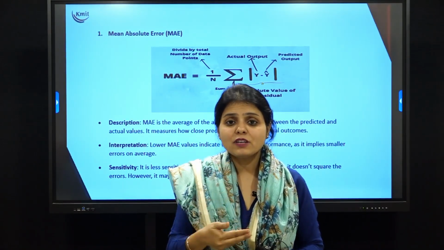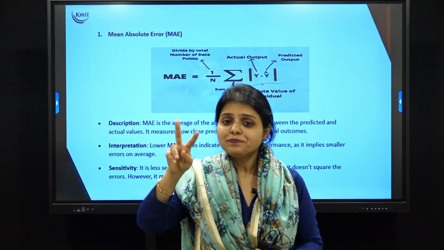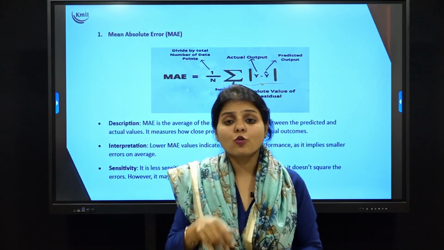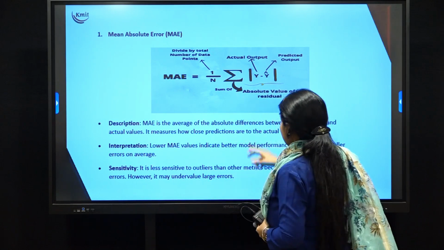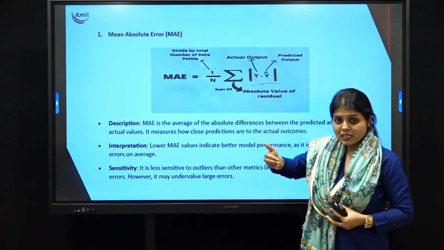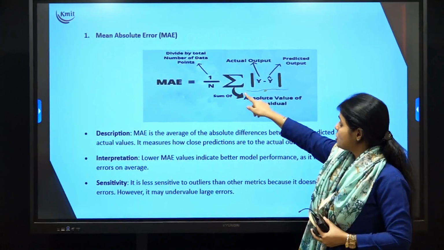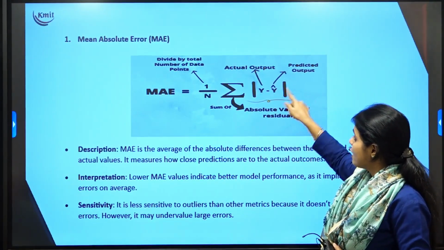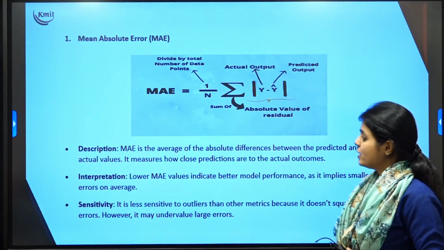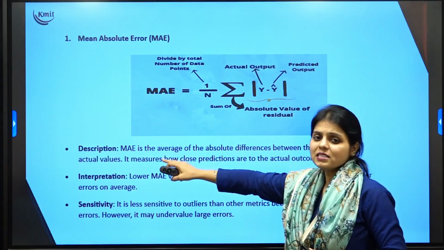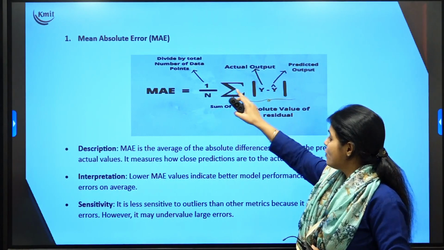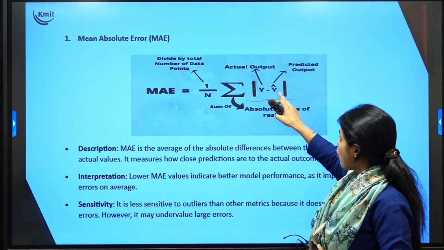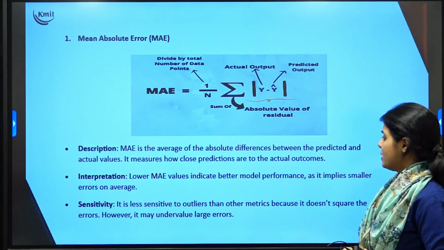So I have 5 different values and I may generate the outputs for 5 different rows of input, right? So for that reason I go for summation, sum of all the data points given in the data set, summation of the absolute difference of the actual value and predicted value, and I'll take the average of that. Hence we say MAE is nothing but the average of the absolute difference of the actual output and the predicted